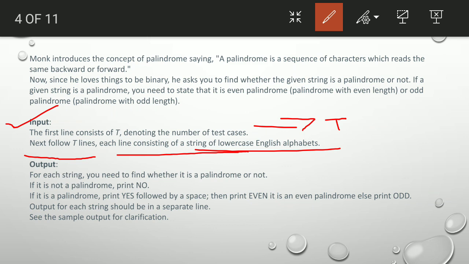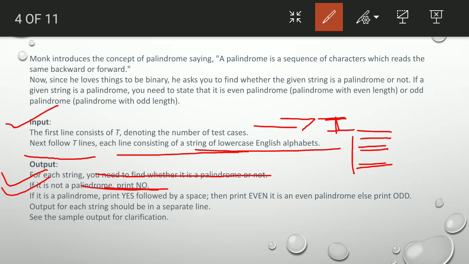So for each string, you need to find whether it is a palindrome or not. For every test case, you are given a string, and for every string you need to find out whether it is a palindrome or not. That is the first criteria. If it is not a palindrome, then we will simply print no. If it is a palindrome, then print yes followed by a space and print even if it is an even